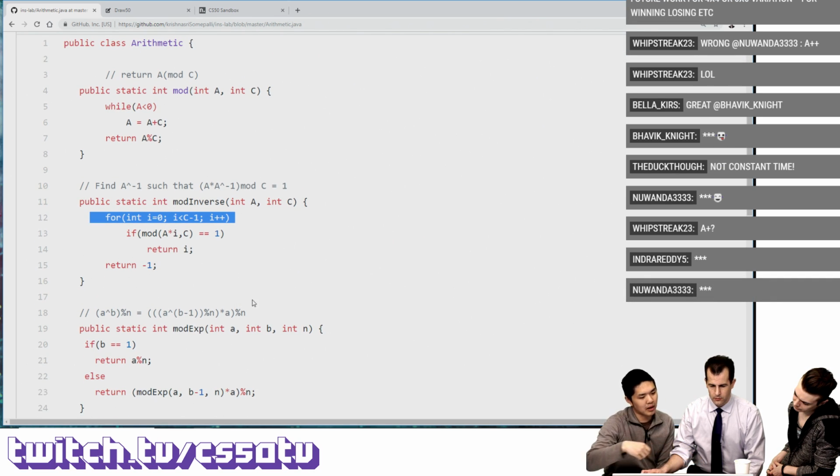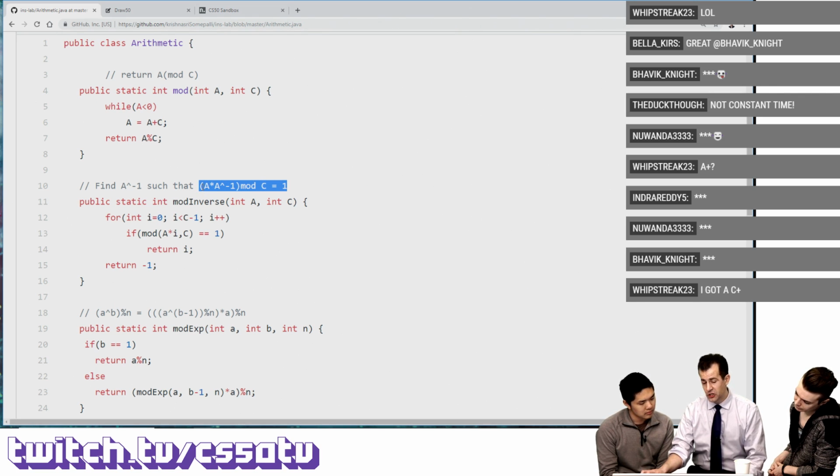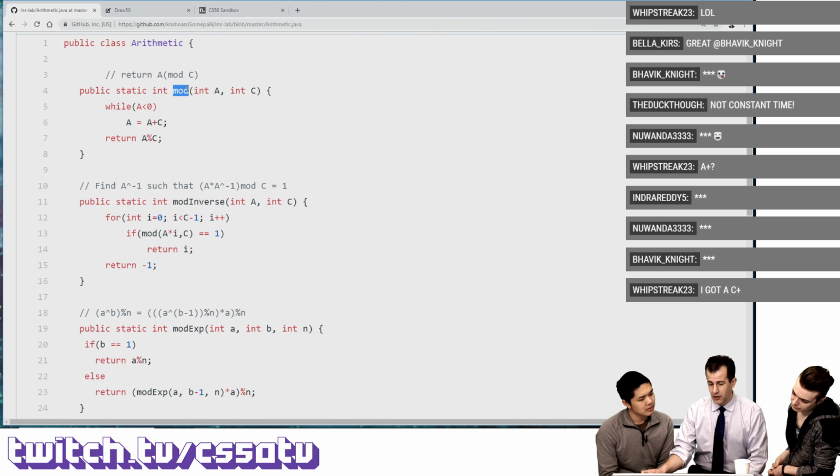But mod inverse and mod both have uppercase A and uppercase C. Yeah, though, to be fair, if the student were given a formula, say, in a textbook or in the problem statement using capital letters, I might push back and say, well, I'm just trying to be consistent. That makes sense. So it looks like this is implementing modular arithmetic, a mod C, which is